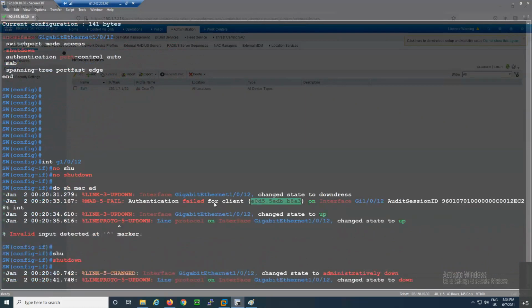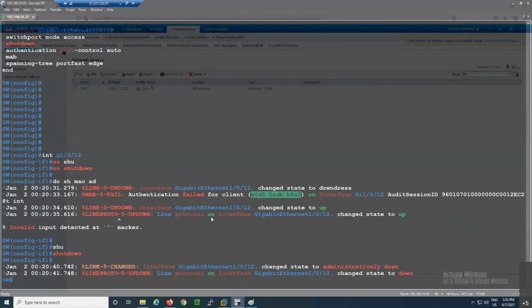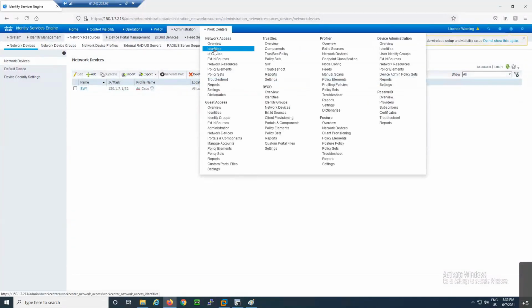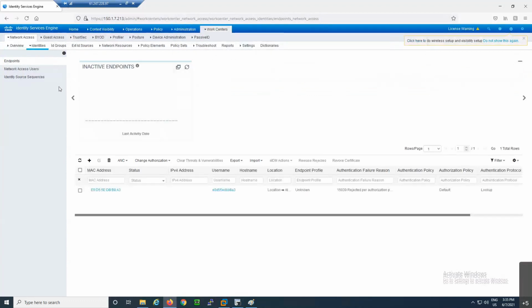See, authentication failed for the client because it was not stored in the ISE database, right? And by default, profiling is enabled on Cisco ISE. Let's go to Work Centers, Network Access, Identities. Here you will go to this Endpoints. See, your ISE has learnt the MAC address because profiling is enabled. So for now, just delete this MAC address